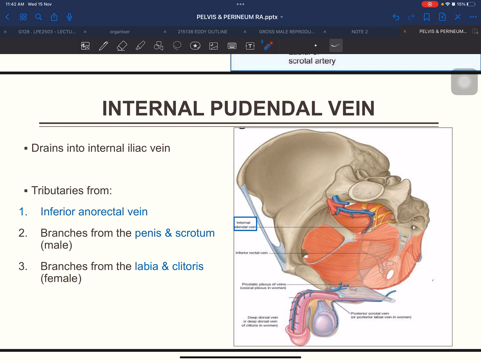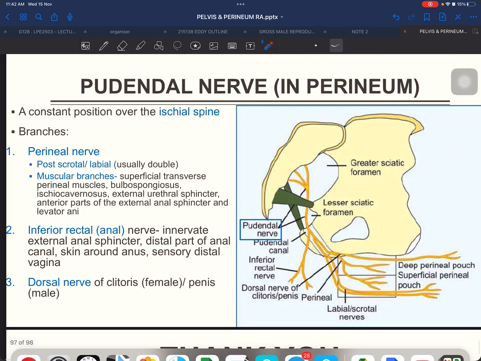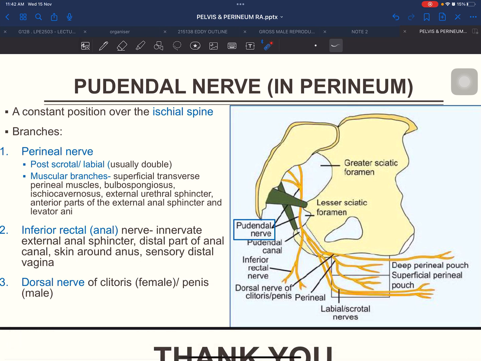The pudendal nerve in the perineum has a constant position over the ischial spine. As I said earlier, it's always near the ischial spine. For giving a local anesthetic injection for a pudendal nerve block, we have to identify the ischial spine. There are branches: the perineal nerve, inferior rectal nerve, and dorsal nerve of the clitoris or penis. The perineal nerve gives the posterior scrotal or labial nerve, and also the muscular branches in this area. This is the inferior rectal nerve and the dorsal nerve of the clitoris or penis. Yes, dorsal nerve of the penis. Alright, so I think